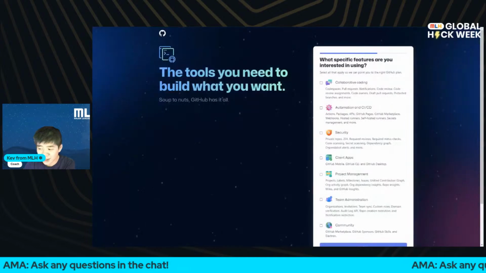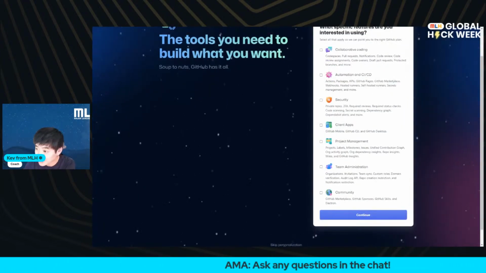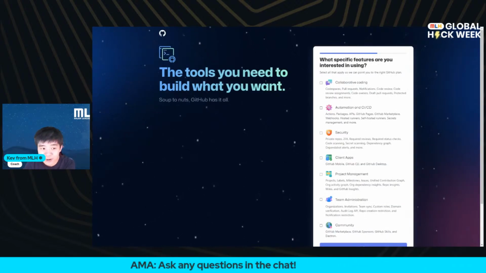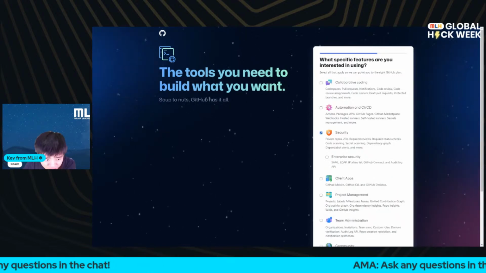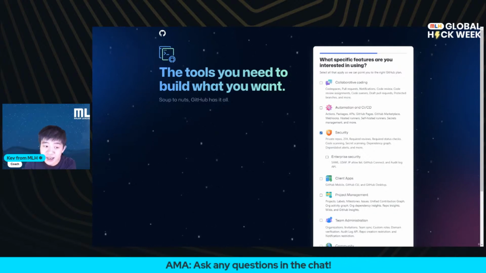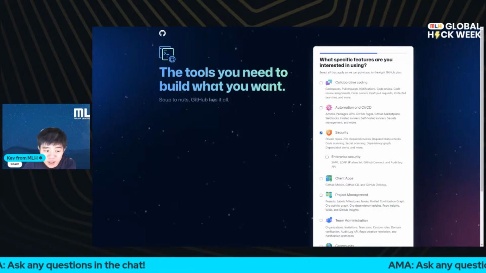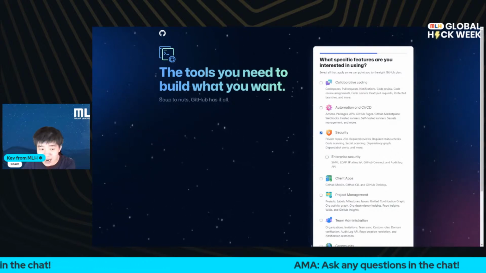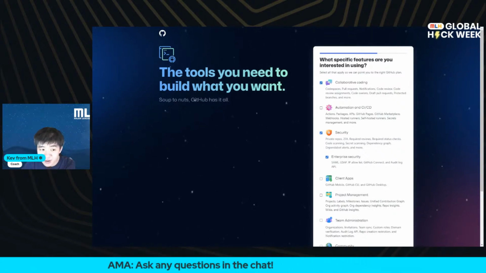So you can say just me, student, and it asks you some questions like that. I think I can start sharing now. If I leak something, oh well. What feature are you using, right? We talked about some of these features. You can see they're selling it to you. You have collaborative coding, automation and CI/CD, security all the way, right? Secret scanning, code scanning, dependency graph, dependency alerts, enterprise security level stuff, like LDAP, API, IP allow list, and so on and so forth. I'm super interested in using that. You have collaborative code stuff, Codespaces, but